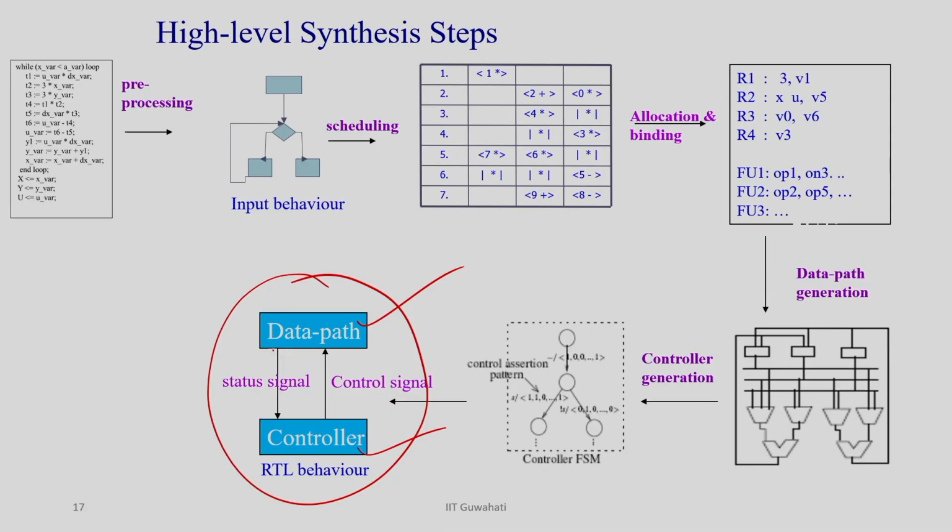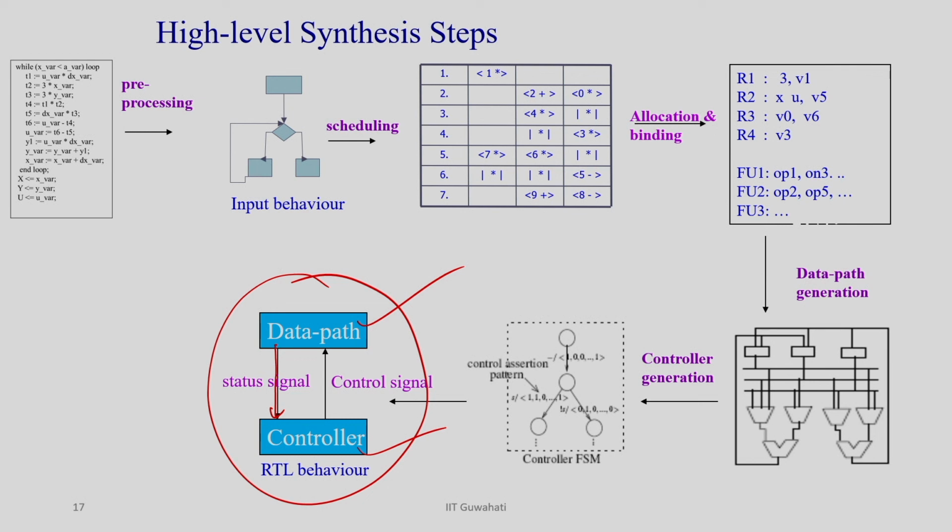And in some state, if there is some conditional operation, the value of that conditional operation is also returned back to the controller, right. So, suppose you are doing A less than B. If A less than B, then you are going to perform some operations. If A less than B is false, then you are going to do some other operations, right. So, that information must come back to the controller, so that the controller understands what operation is to be done in the next state, right.